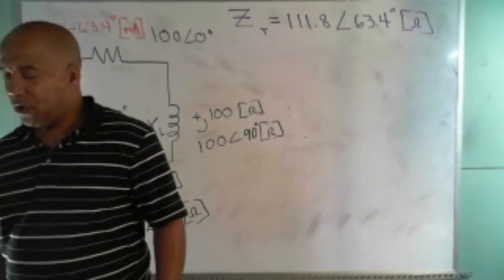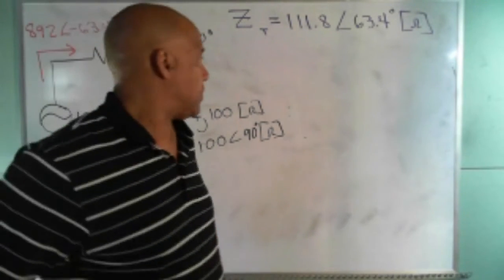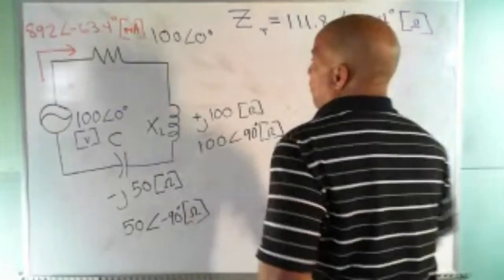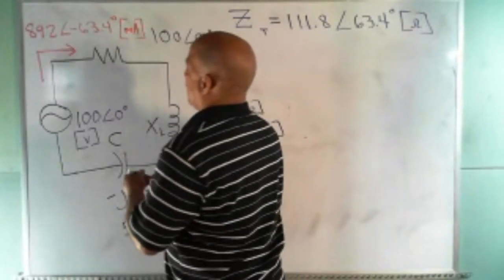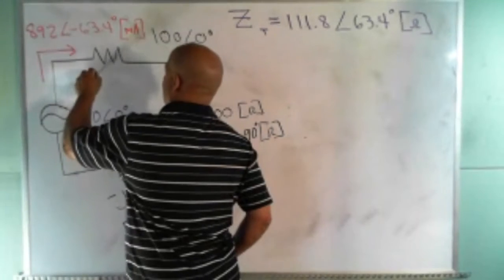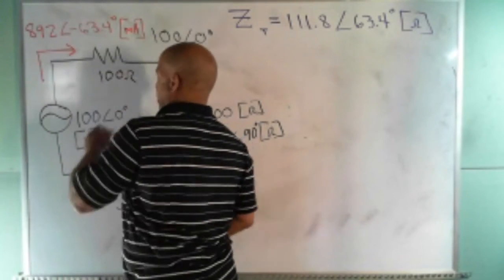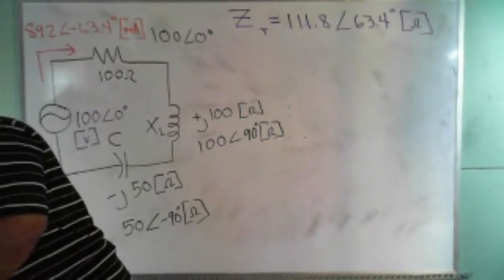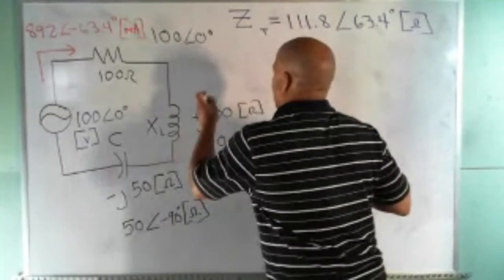The first voltage drop is the voltage drop across this resistor, which I erased, but it was 100 ohms. So VR